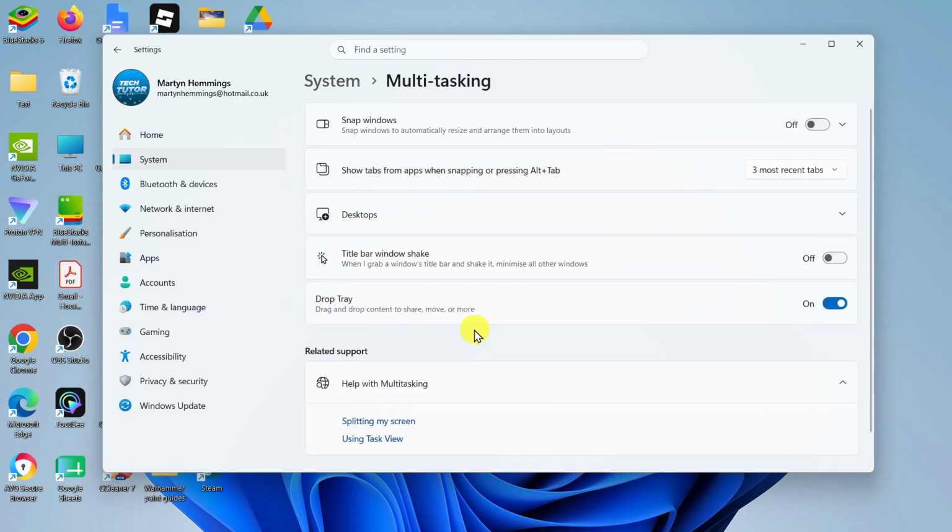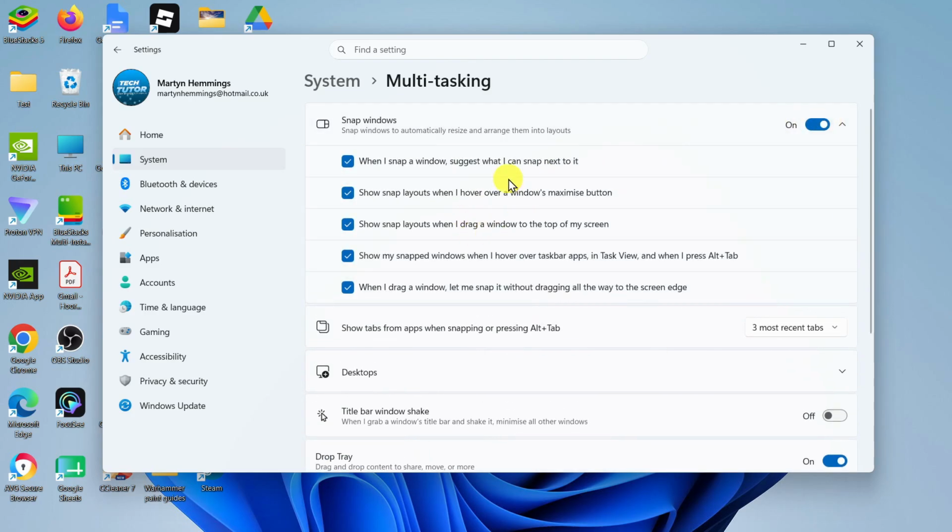Give that a click. That's going to take you into the multitasking options, and at the top, if it's currently turned off, you want to turn the switch on to snap windows. Now you can click the arrow next to this if you want to see some further options and customize this to your own preferences, but a basic overview on how to use this is once you've got it turned on,